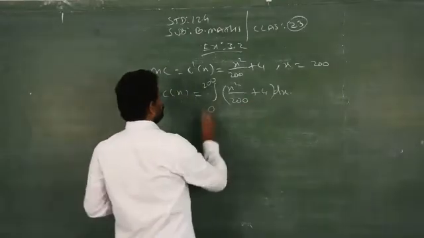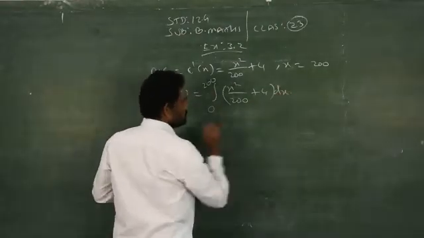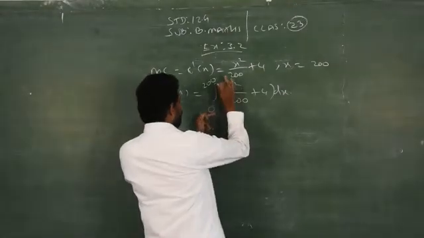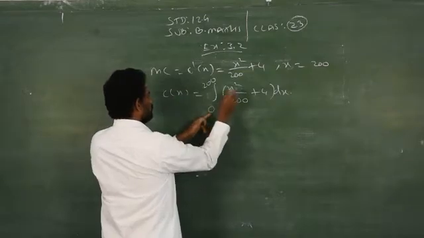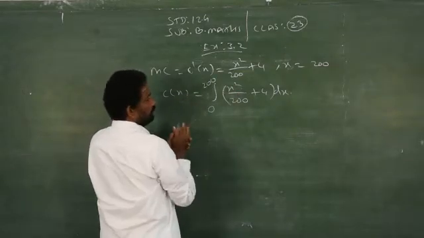So now, if you use the definite integral, plus k is not used. Clear? It is given with very clear limitations. It is fixed. You have to integrate only from 0 to x, that stands for from 0 to 200, not more than 200.